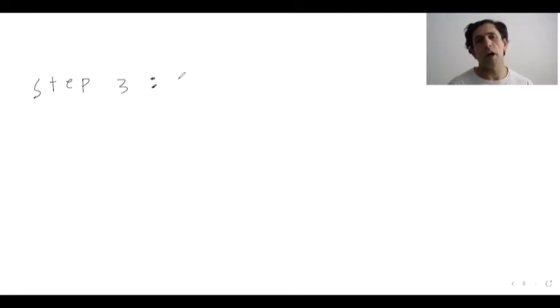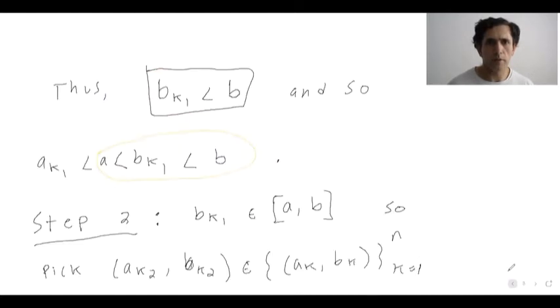Okay, so we're going to define our third interval. Now, obviously, this is inductive in the sense that intervals are defined in terms of previous intervals, but it should be clear. Or if it's not clear, it'll be clear in this step, I think. Okay, so well, what do we have? Let's see, what do we have? Right, so we have AK